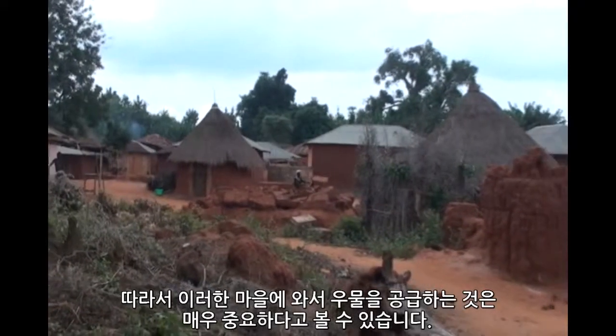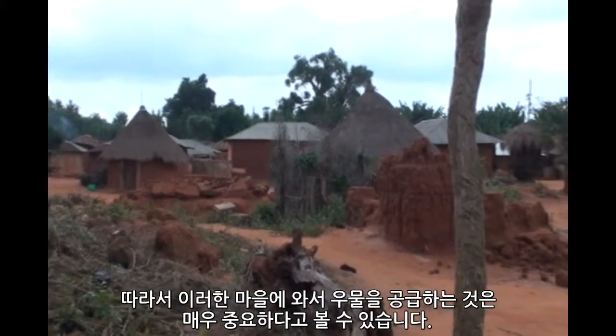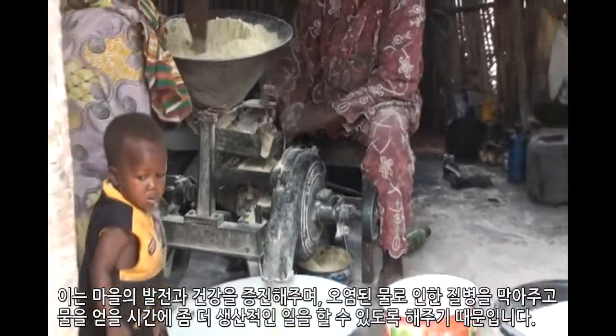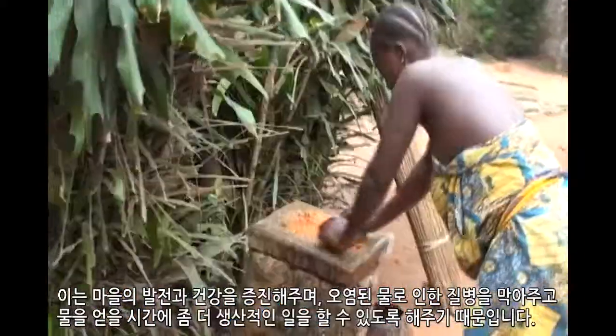So for us to come into a village like this and bring a water well is actually a very important thing in the village, and helping it to develop and to grow and become healthy and be able to spend more time in